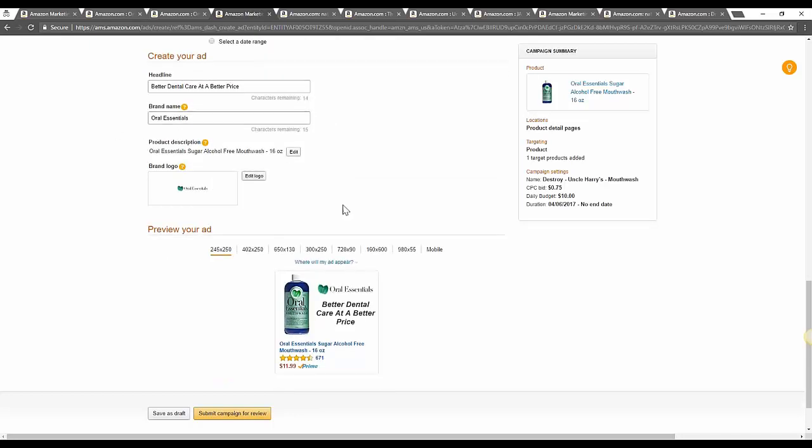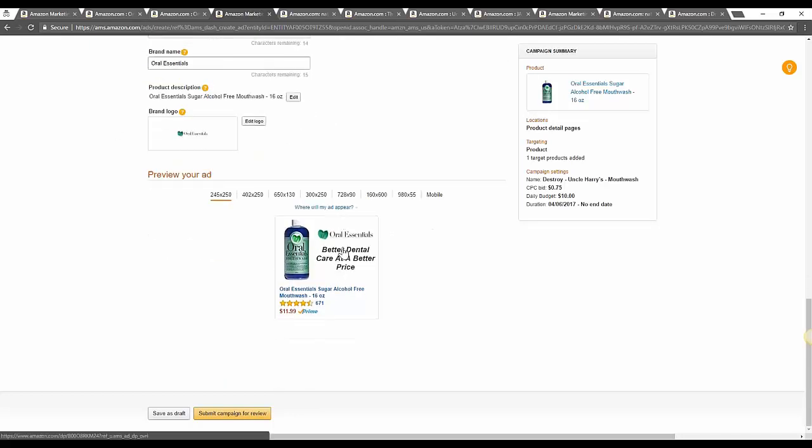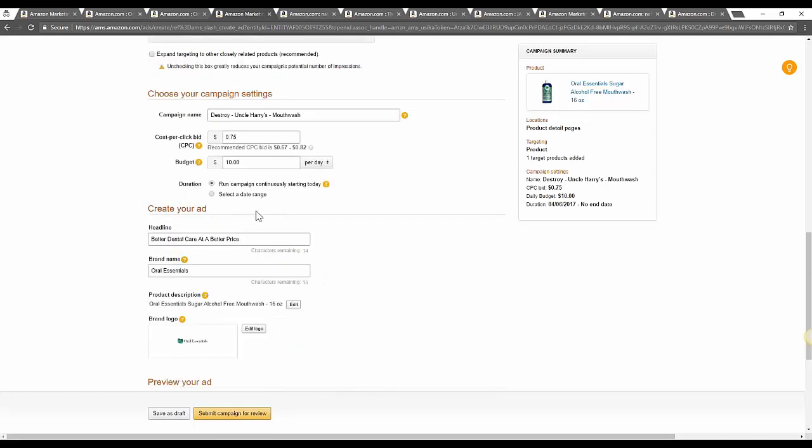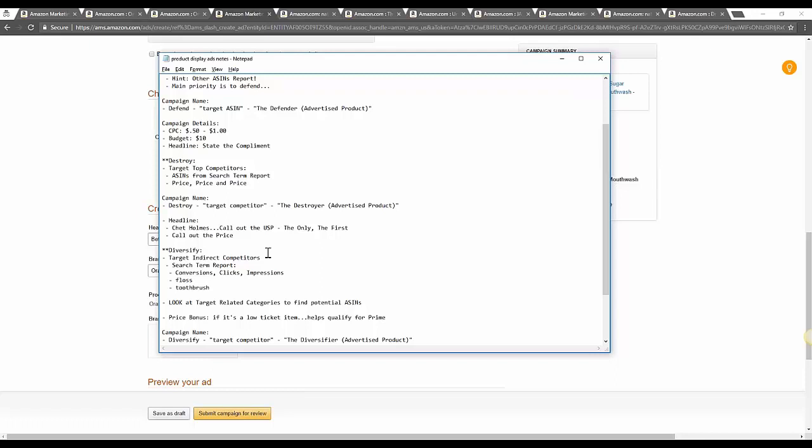Again, name, brand, same thing, image, and then you can see examples of what your ad will look like. So one thing I want to show you is how we would look inside of, we'll do that for Diversify. But for the search term report,